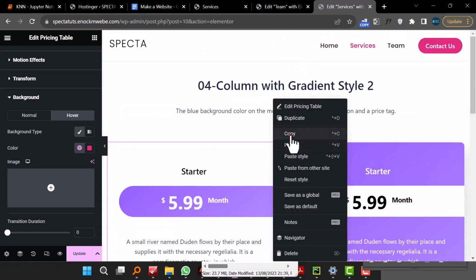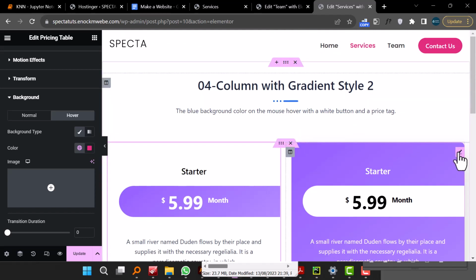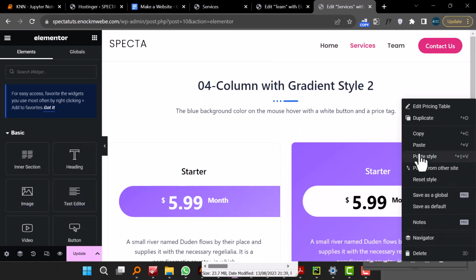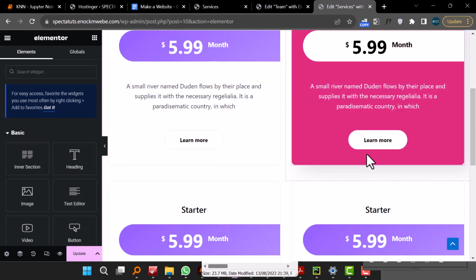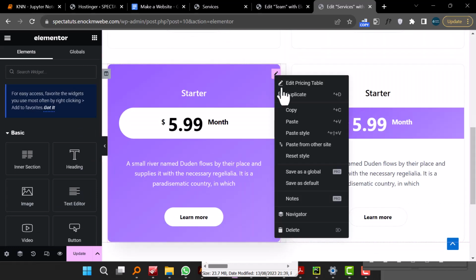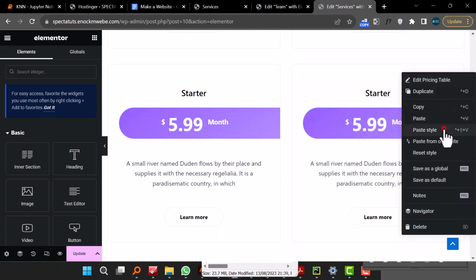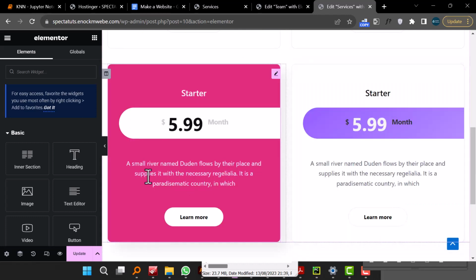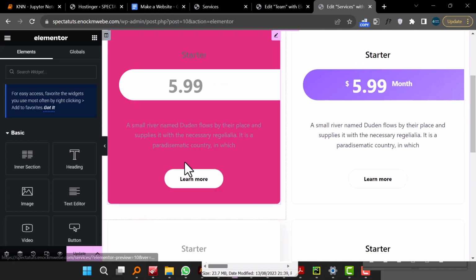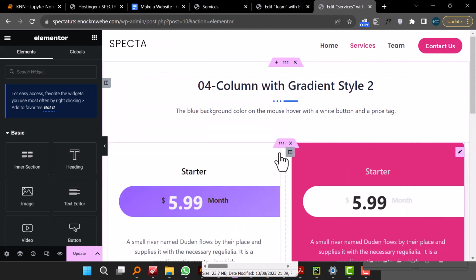So I'm gonna copy this and paste it right here. You paste the style, and I'm gonna change and I will paste the style. Okay, yeah. So now